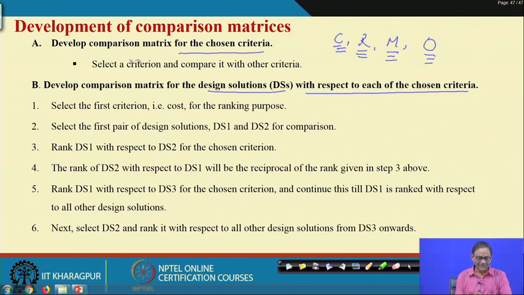This is the comparison matrix, where you decide which is more important, reliability of the design solution or cost of the design solution, maintainability or reliability of the design, or whether they